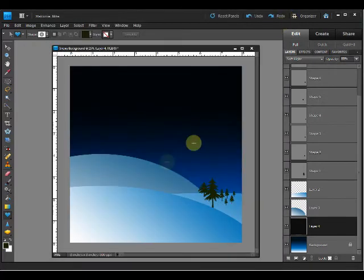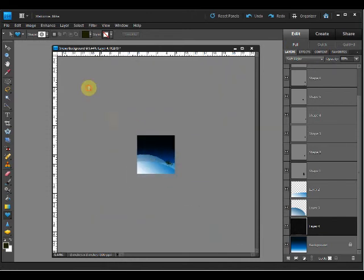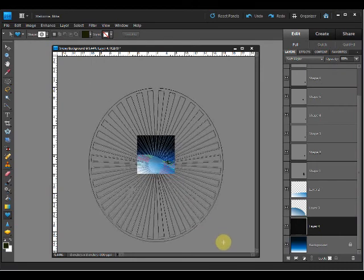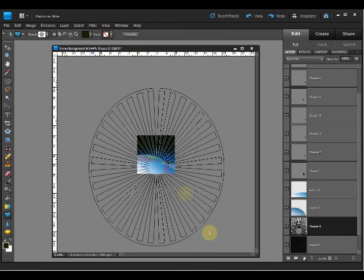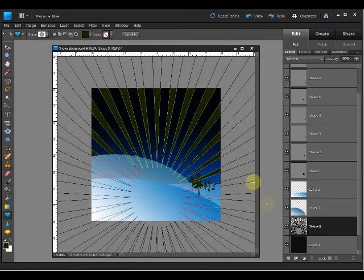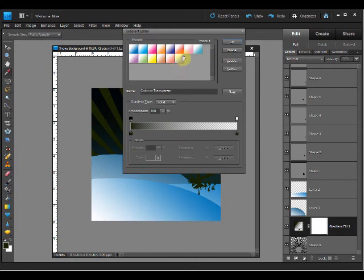Let's close this palette, and I'm going to need to zoom way out yet again because this wheel is very large. Something like this, I think, will work. Really doesn't look like much. So let's zoom back in again. On top of this layer, I'm going to add an adjustment. I'm going to create a gradient, and the gradient is going to be